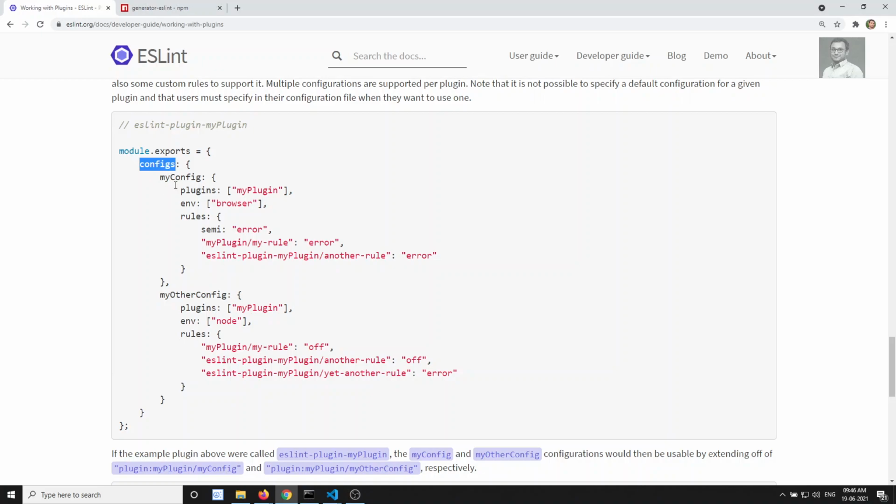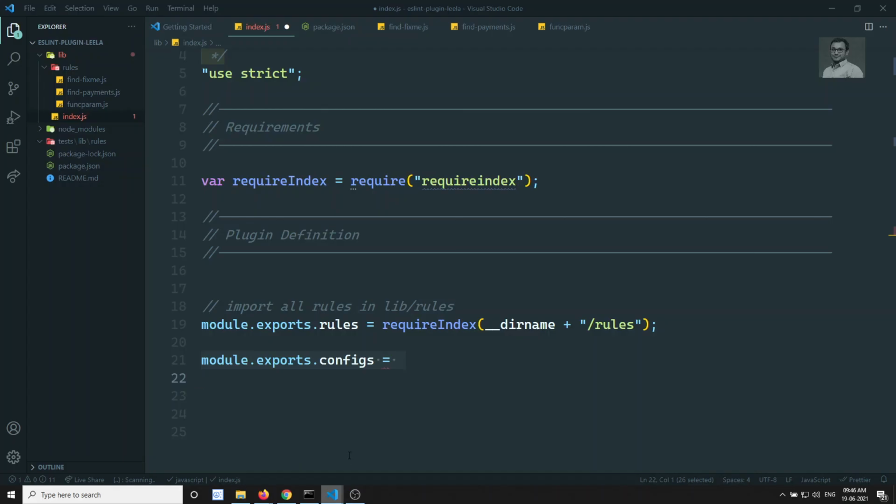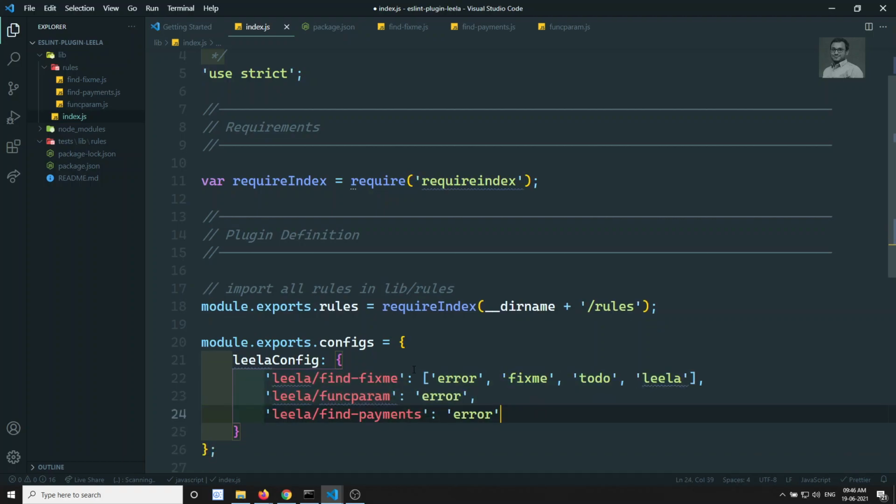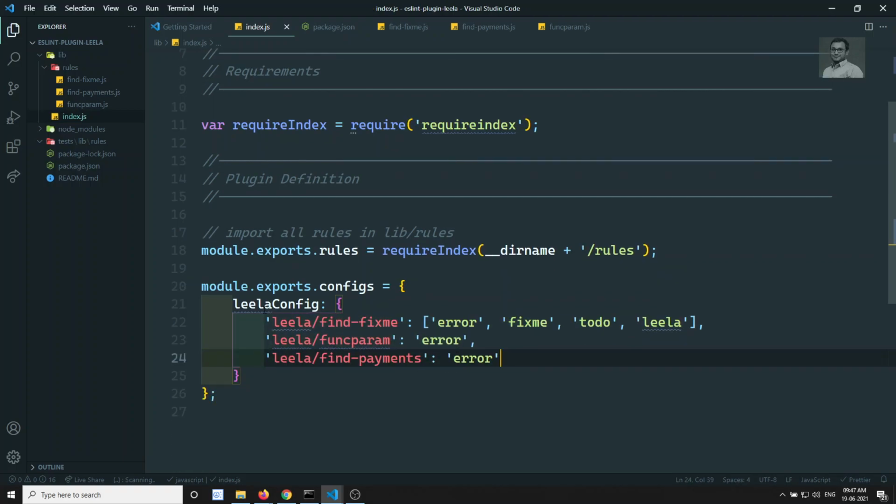In this configs I will create my own config name. I will write something like my config, or you can use whatever name you want, like Leela config. Now here I can paste the three rules that I have copied. So this is the Leela config.